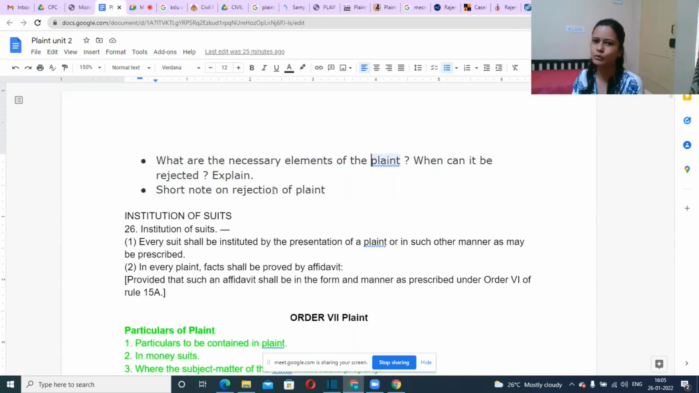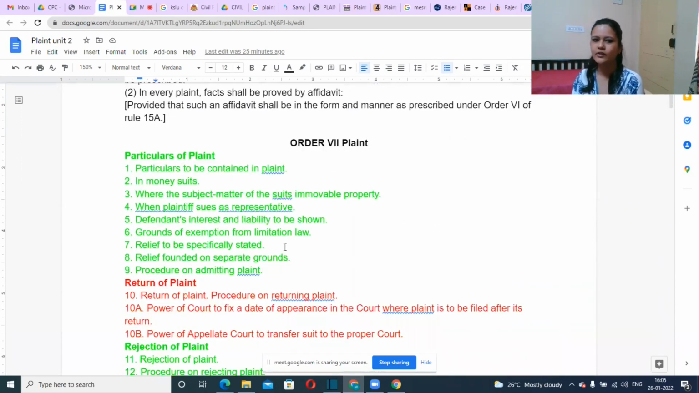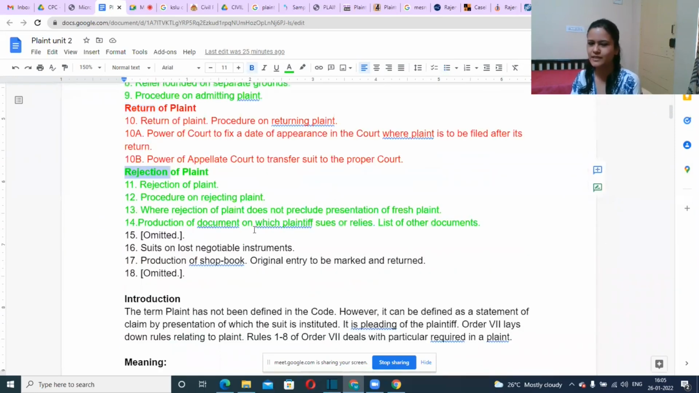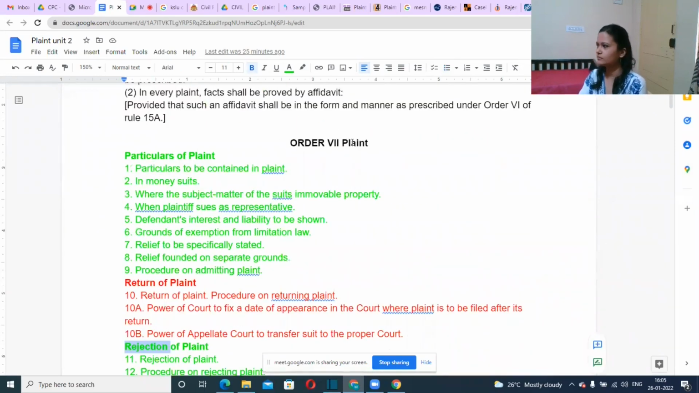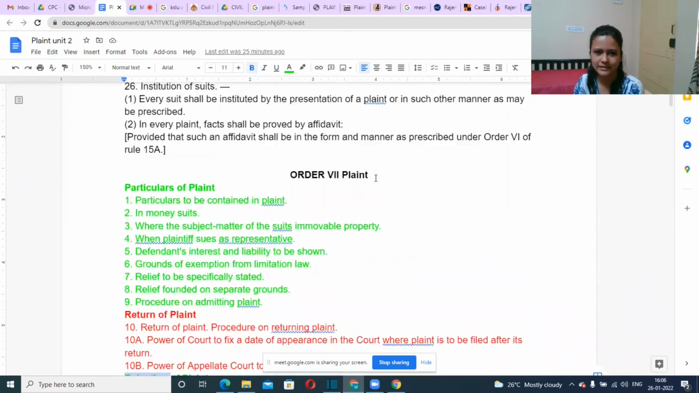Okay, and we have two different things, rejection and return of plaint. Today we will say return, and in the next class we'll say rejection, because there are again more questions from the rejection part that I have seen. I'll try to include some cases also, so that part we will continue in the next class. Okay,